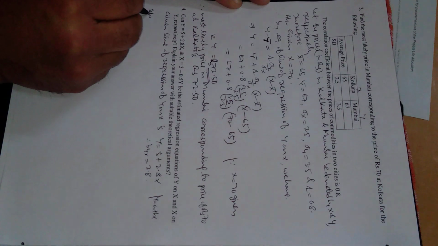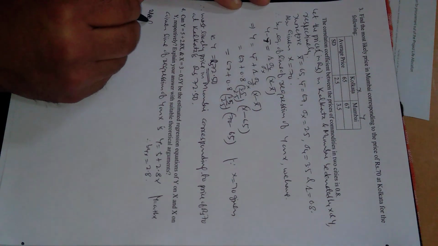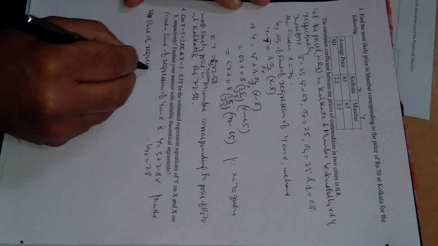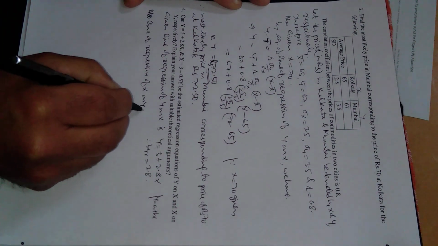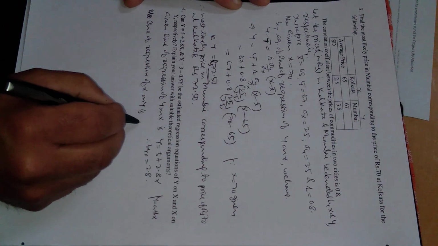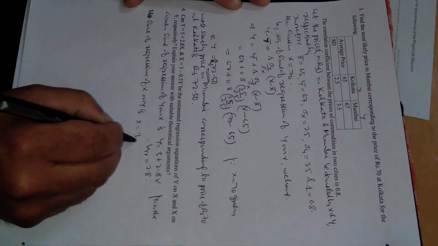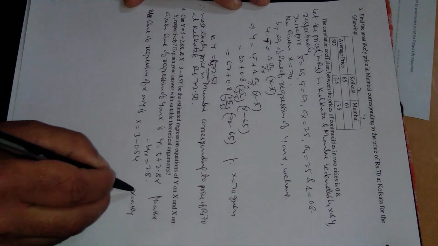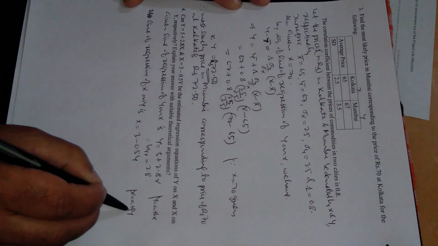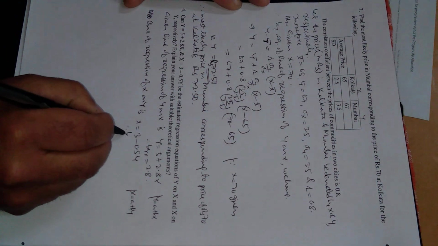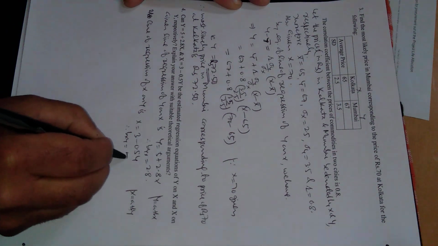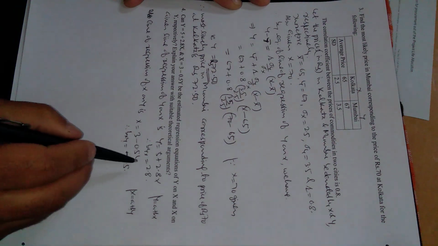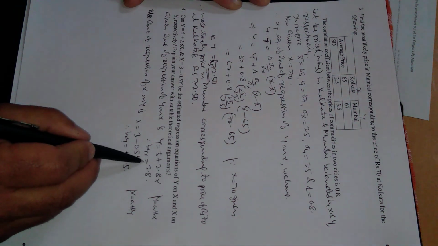Also, the line of regression of x on y is given: x equals 3 minus 0.5 times y. This equation is of the type x equals a plus b times y, where b is the slope or regression coefficient of x on y. So therefore b x y will be minus 0.5. This is the regression coefficient or slope of x on y, and that is the regression coefficient or slope of y on x.